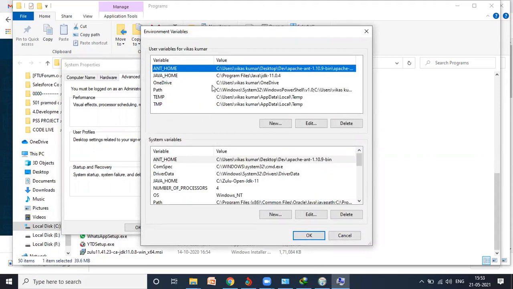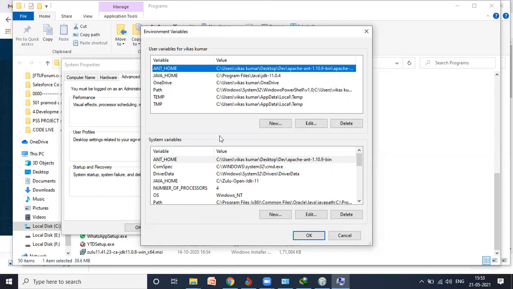So you can set your path anywhere. Now what's the difference? User variable will be like, assume in your system, maybe multiple logins were there. Means in one system, 3 persons and they are different login, different ID password they are login. So according to their login, according to their system settings, they can set their path. Okay. Or maybe if you want, in case that no, for all of them they can able to use this, so go for system setting.